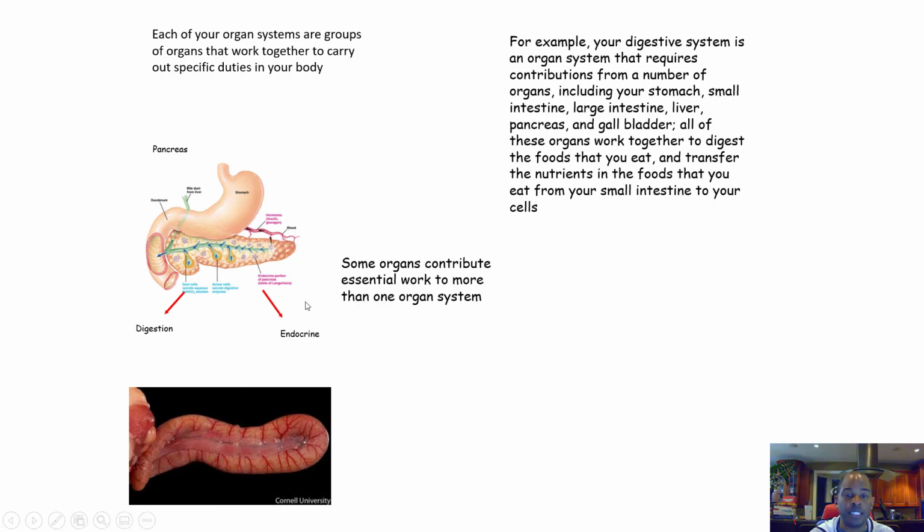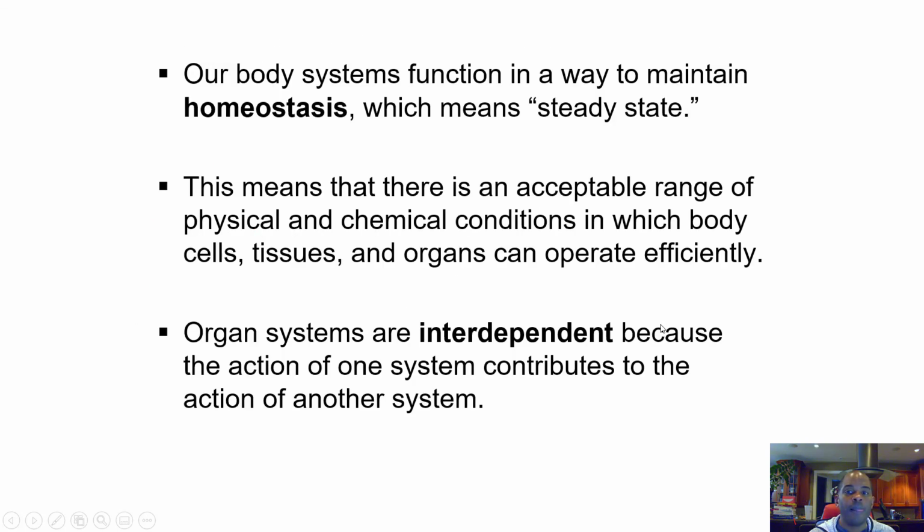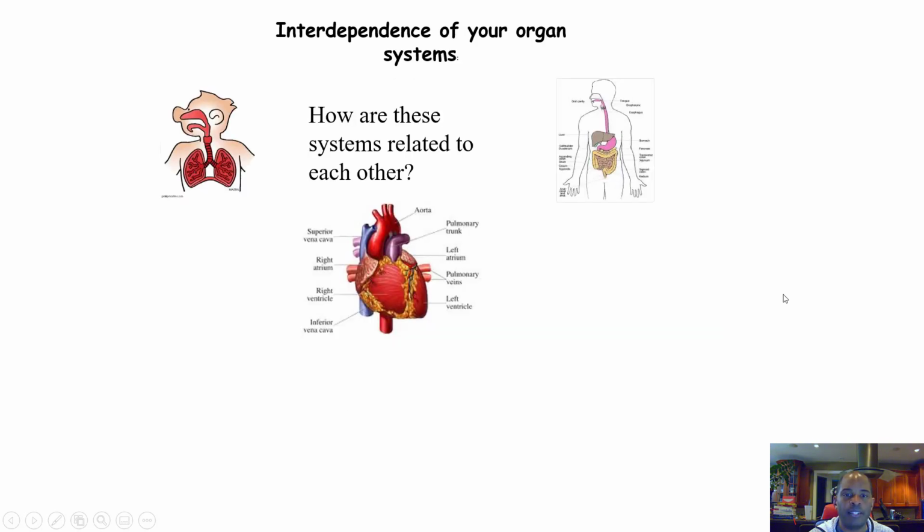Some systems and some organs play dual roles. The pancreas plays a role in the digestive system by releasing enzymes that break apart your nutrients. It also plays a role in the endocrine system by releasing hormones that allow you to bring glucose into your cells. So some organs play a role in more than one organ system. But regardless, our organ systems are interdependent. They rely on each other. So if you take a look at this graphic here,